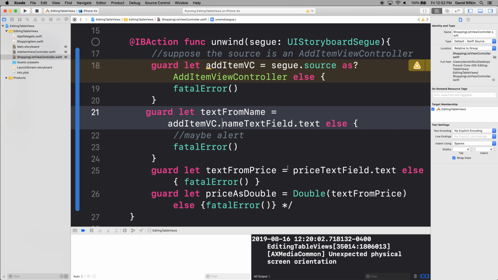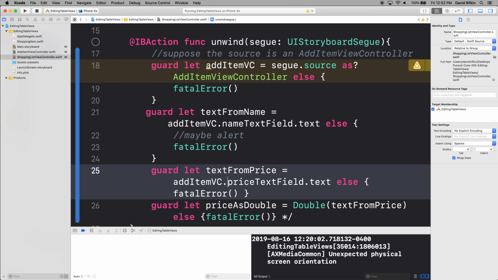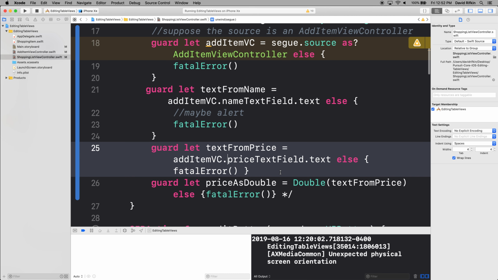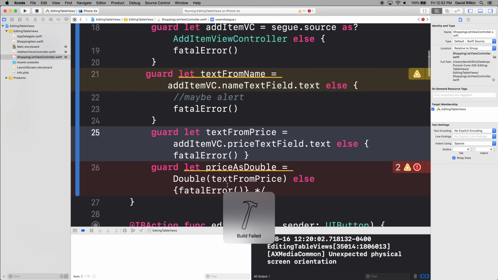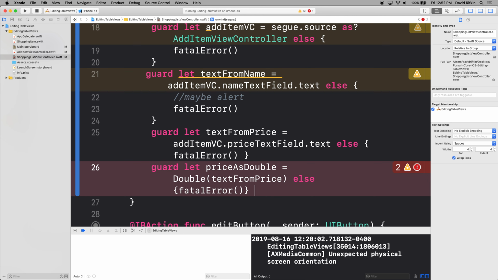And let text from price equal price dot text field dot text. Let's get rid of this little commenty thing. If that stuff works,